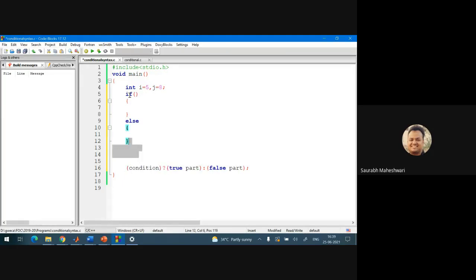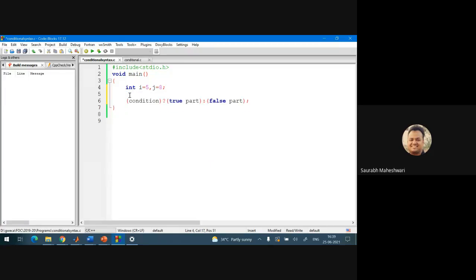Now which particular problems will you solve with this conditional operator? Generally, those which have a single statement in the true part and a single statement in the false part. Those we will do with the help of the conditional operator, and the end of this statement is marked with a semicolon.